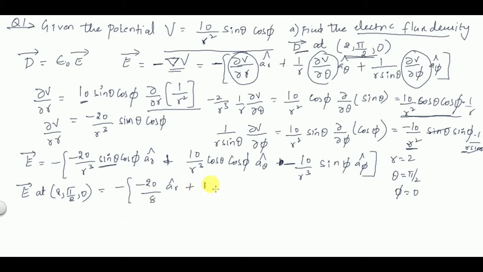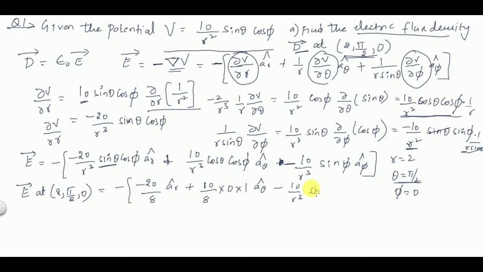plus 10 by R cube. So 10 by R cube is 8. Cos theta is cos pi by 2. So cos pi by 2 is 0. So 0 here, and cos phi is 1 here. Okay, so this will be a_theta cap,